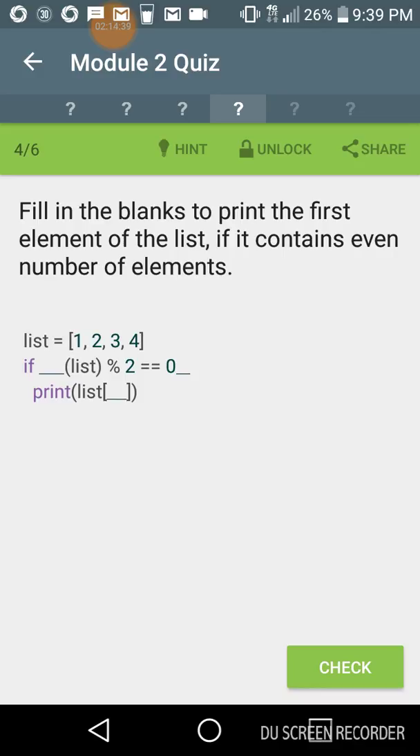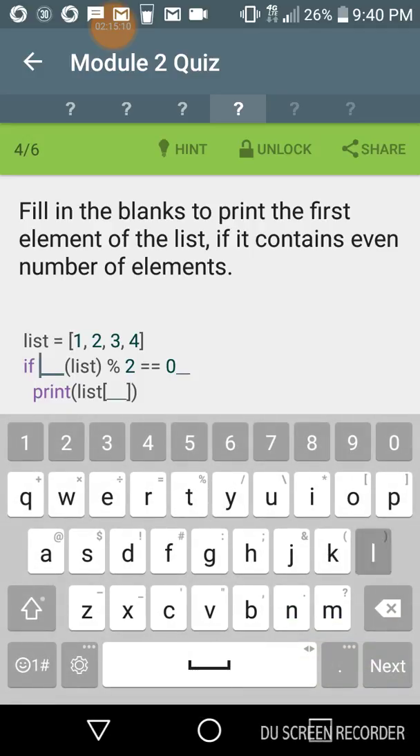Fill in the blanks to print the first element of the list if it contains even number of elements. Okay, we start off with a list. It has the name of list, and the elements that belong to it are 1, 2, 3, and 4. We want to have the condition being that it contains even number of elements. So we're counting elements here. So we want to use that special len for length. If len list modulo 2 is equal to 0,